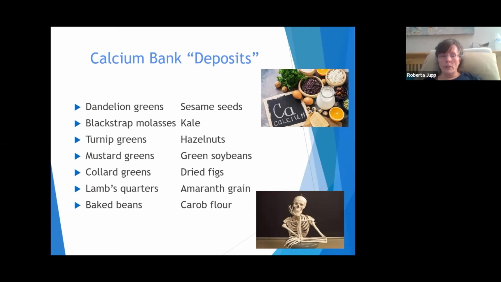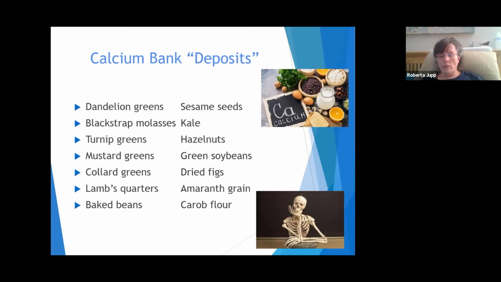Blackstrap molasses, we really don't hear a lot of people eating that anymore, but it's a huge benefit to the body. It's got so many great minerals, and it helps the bones. So we can actually use that as a sweetener. It does have carbs in it, but because it's so healthful, we can actually budget those carbs into our recipe.